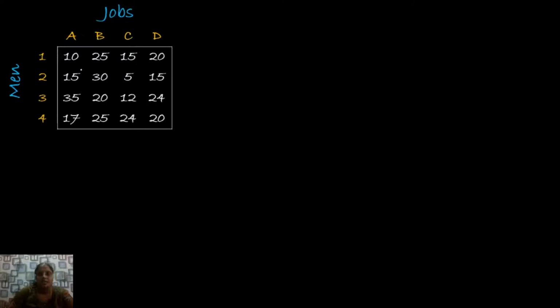let us check whether each row has at least one zero. So as a first step, we are going to check whether each row and each column has at least one zero element or not. Here, look at the first, second, third and fourth row. Here, none of the rows have a zero element. So what you are going to do here is find the minimum element in each row and subtract it from the corresponding row elements. So for that, let's first find the row minimum.